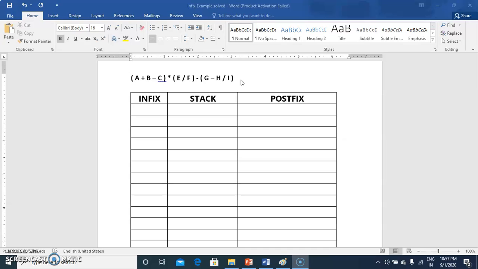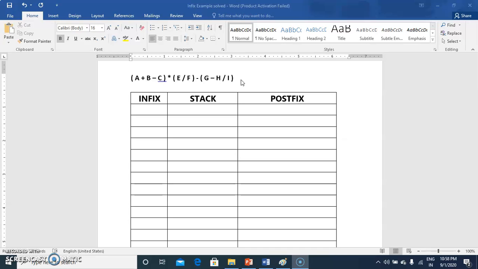Third rule, if the incoming operator has higher precedence than that of the stack top, do not do anything, just push the incoming operator on the stack. And the last thing you have to remember, if a closing bracket appears, pop the contents of the stack till opening bracket appears in the stack.